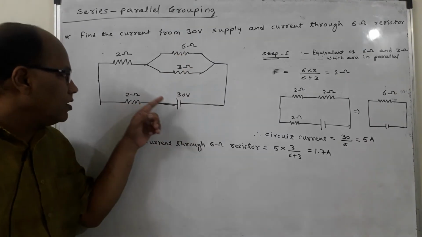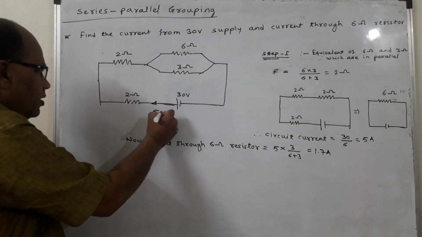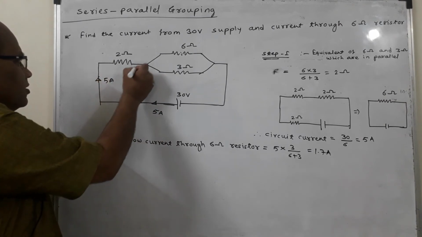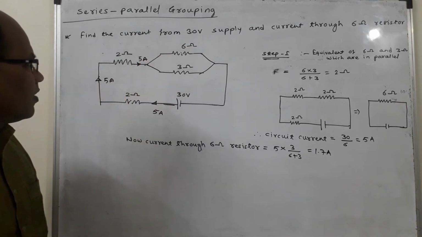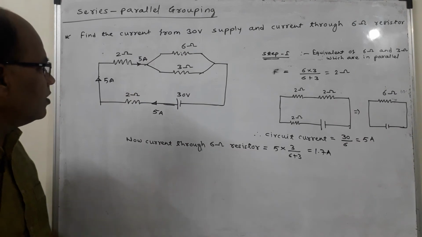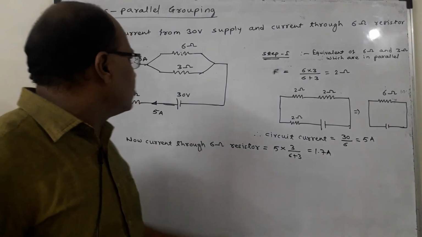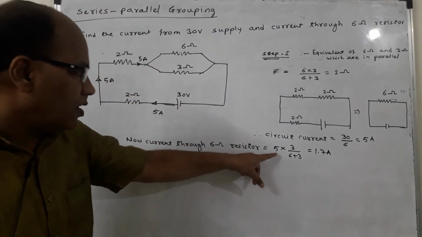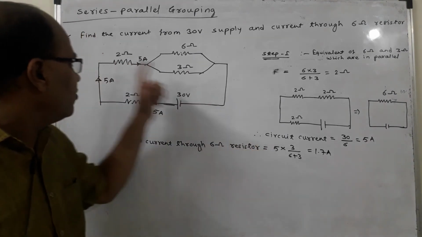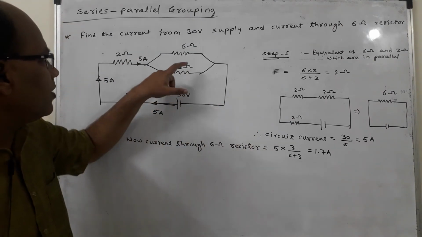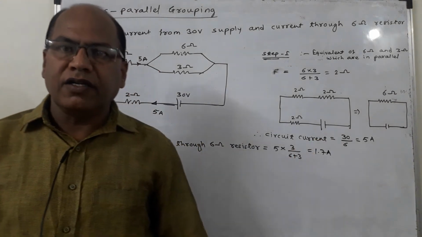Now if we observe the combination, current I is 5 ampere, so 5 ampere will be over here, 5 ampere will be flowing like this, 5 ampere is still over here, but hereafter branching takes place, and some current will flow through 6 ohm, some will go through 3 ohm resistance. Therefore current through the 6 ohm resistor can be obtained as the total circuit current, that is 5 into 3 divided by 3 plus 6, which is equal to 1.7 ampere.